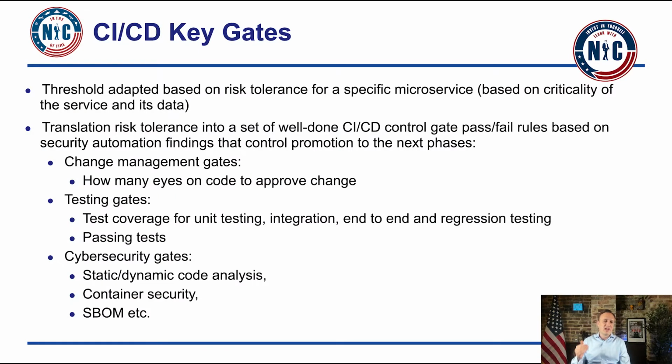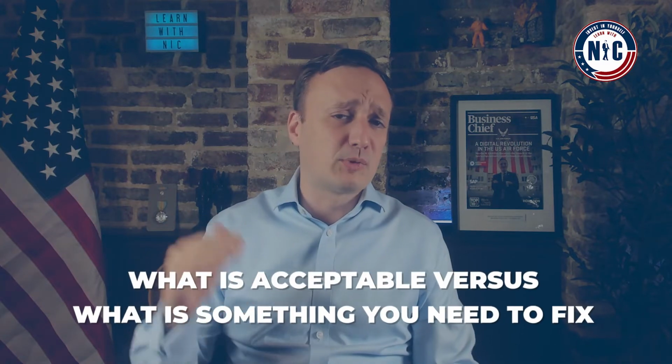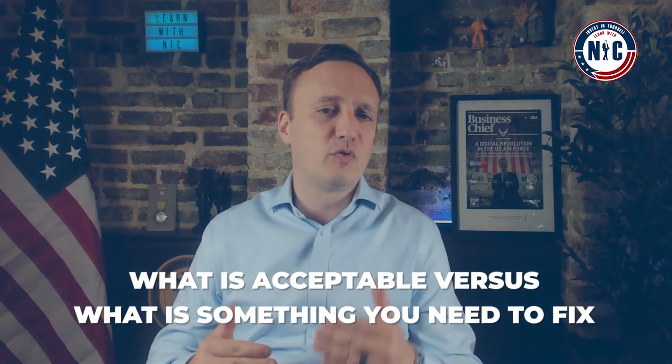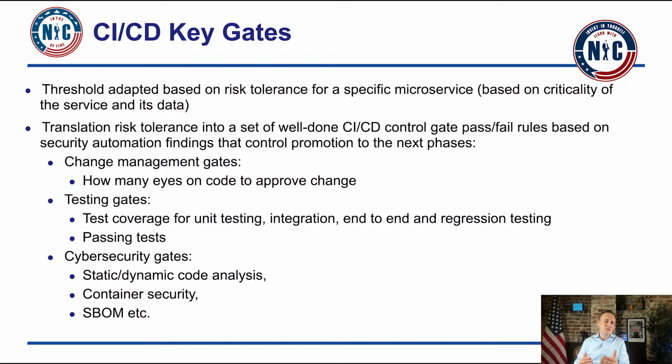You're going to see the most common ones: static and dynamic code analysis, so passing those scans and defining thresholds of criticality levels based on the severity of the findings. You could say, any finding that is high or critical, you either need to fix it within a number of hours or you need to fix it before going to production, based on the criticality of the system. So you can really decide what is acceptable versus what is something you need to fix within a few days, a few hours, or something you have a little bit more time to address.